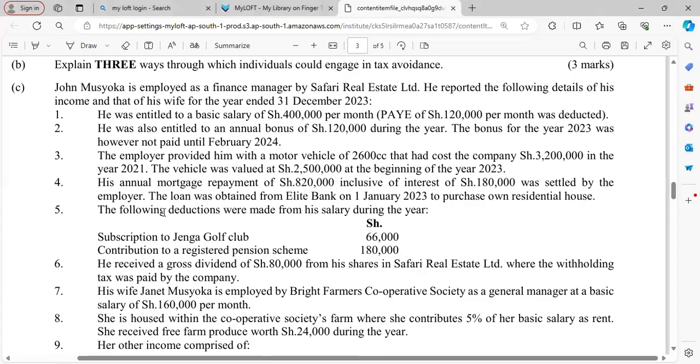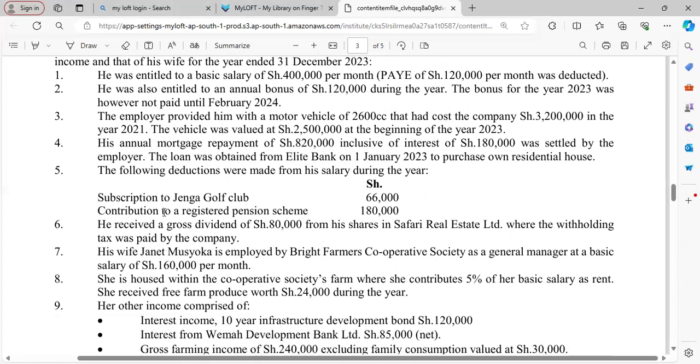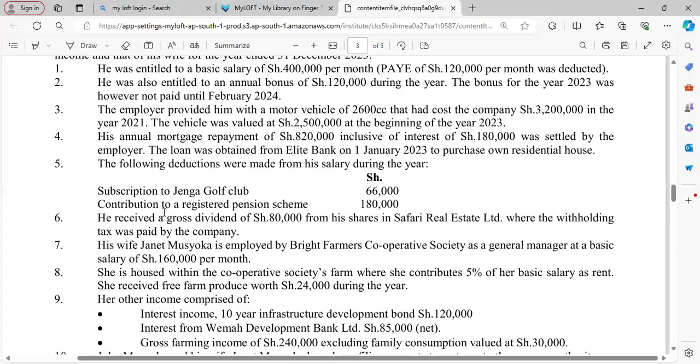The question reads: John Musyoka is employed as a finance manager by Safari Real Estate Limited. He reported the following details of his income and that of his wife, for the year ended 31st December 2023. Number one, he was entitled to a basic salary of 400,000 per month. The PAYE deducted was 120,000 per month. He was also entitled to an annual bonus of 120,000 shillings during the year. The bonus for the year ended 2023 was, however, not paid until February 2024. So that bonus was not captured in 2023, and therefore is not a